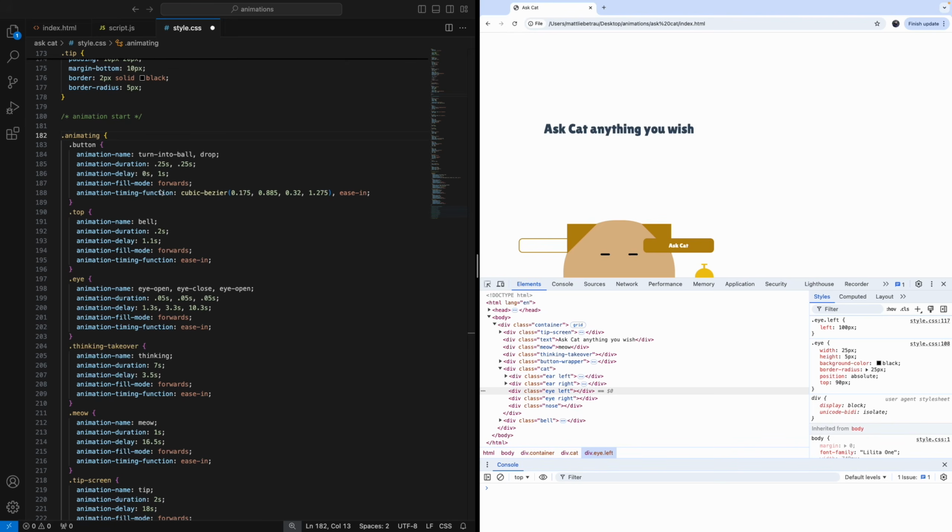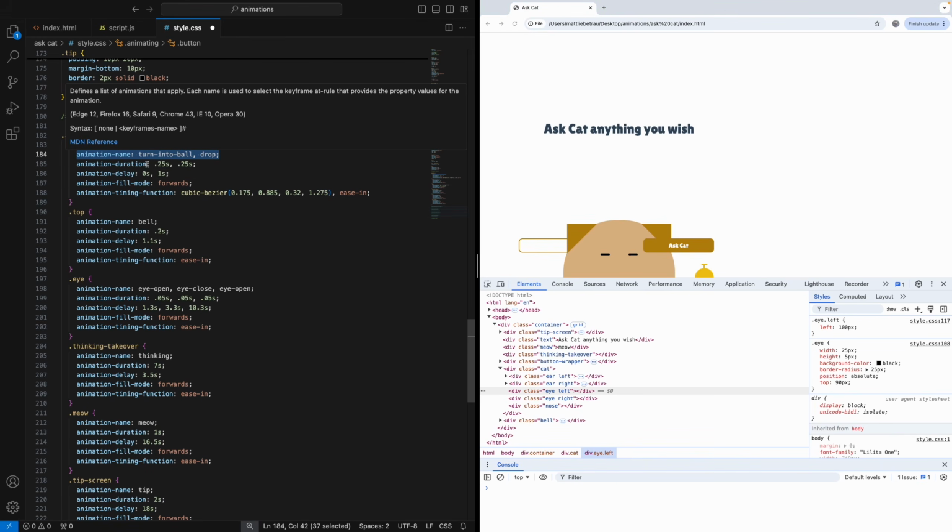So, and when I say unlocked, I just mean our animations are starting. If you've seen any of my other animations, you'll see that I pretty much do this in almost all of them. It's a really simple way to just keep your animations in one place. And I try to make my animation names descriptive, and I try to keep things in the sequential order that they're in, starting from top to bottom. So basically what happens is you'll see that this button here has a turn into ball animation,